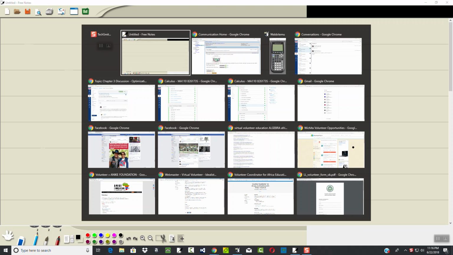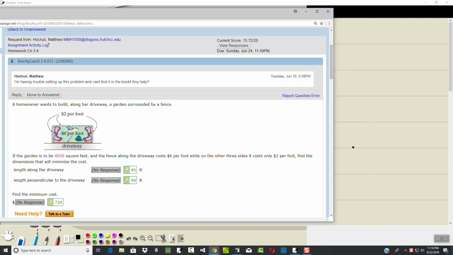Okay, let's take a look at this problem. A homeowner wants to build along her driveway a garden surrounded by a fence. If the garden is to be 4,000 square feet and fenced along the driveway, costs